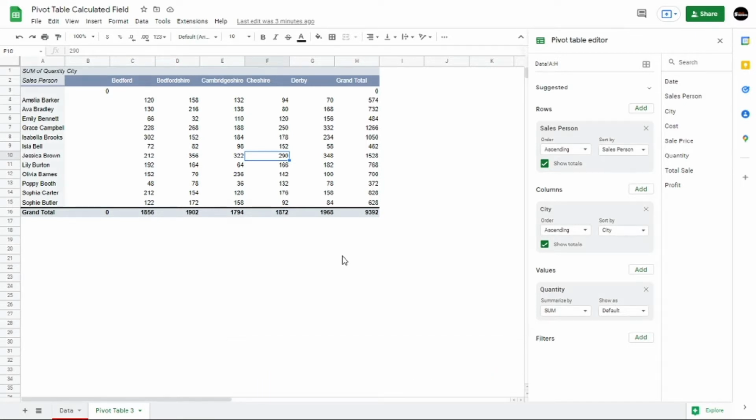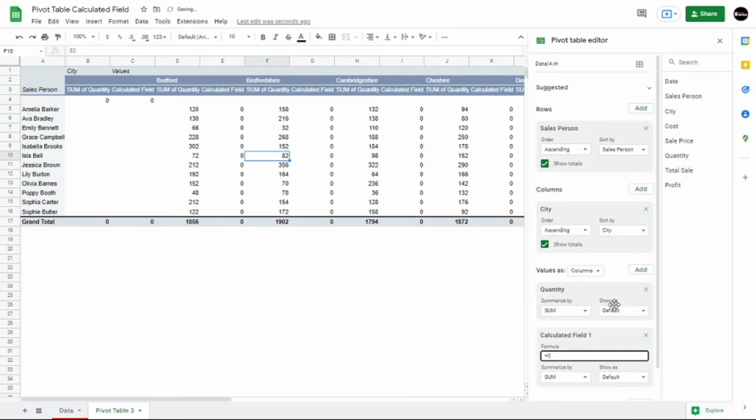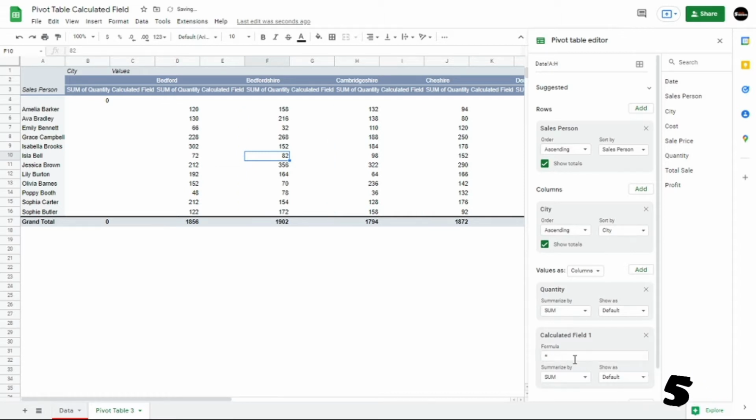Okay, actually the question is, what does calculated field do? It will allow you to let any calculation happen which makes your output more symmetric and meaningful. So go to the value section, click on add and then click on calculated field. Here, if you can see, it is asking for a formula, and in my case, to calculate profit percentage, it should be profit divided by total sale. Just copy the headers and paste them there.